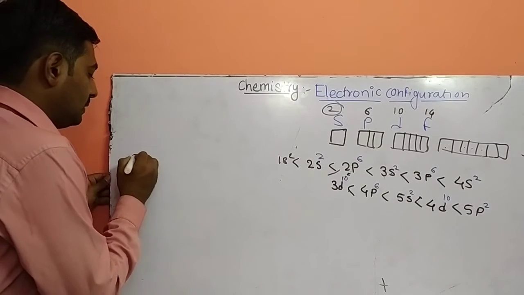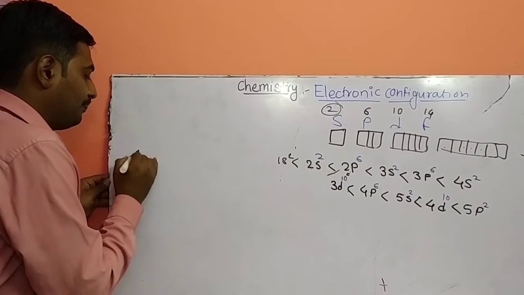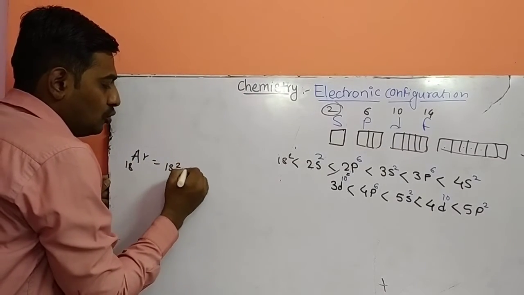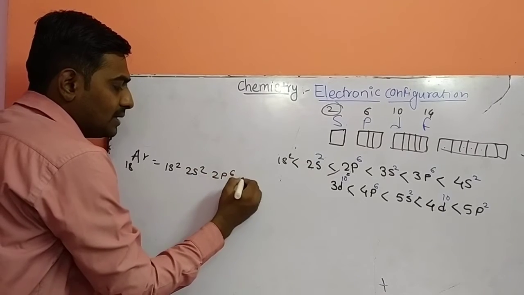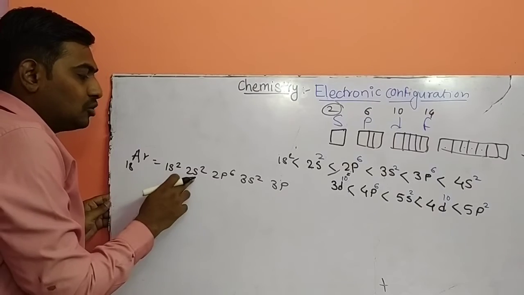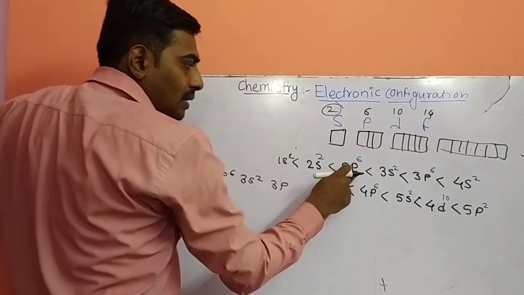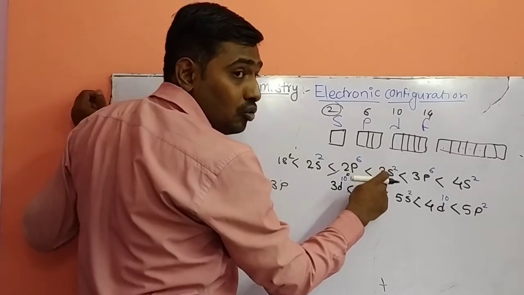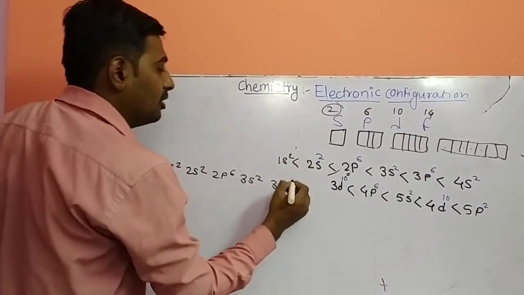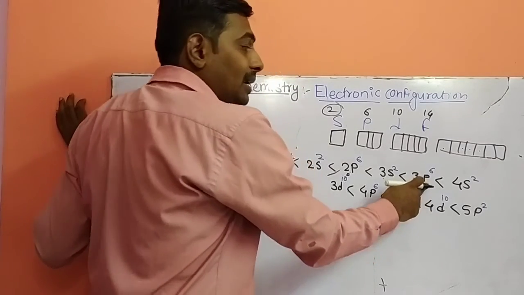Next, atomic number 18. 18 means argon. So how will it be? 1s2, 2s2, 2p6, 3s2, 3p what? 2 plus 2 is 4, plus 6, how much? 10. 10 plus 2 is 12. 12 plus 6 is 18. So it will be 3p6. So what is the capacity of the p orbital? 6 electrons. If the atomic number is 19,